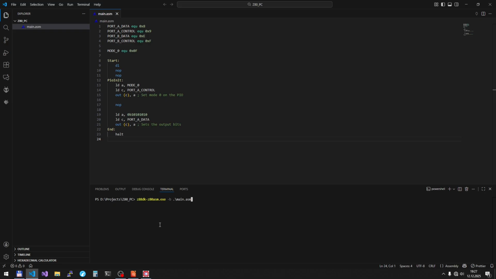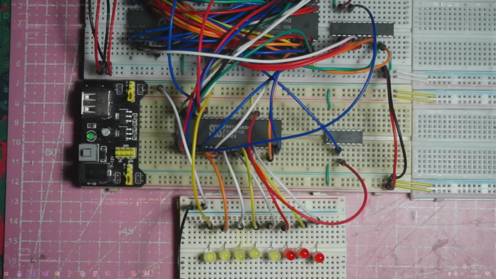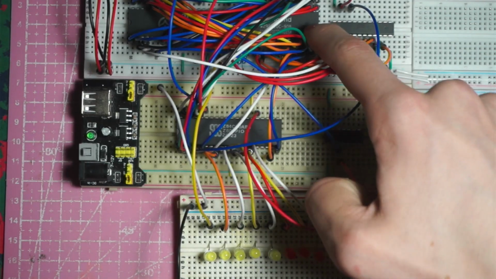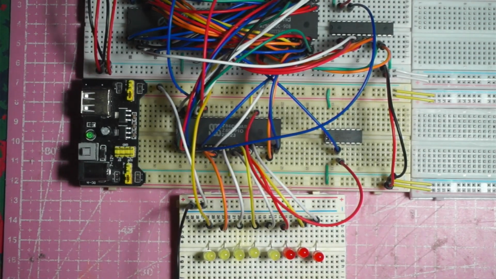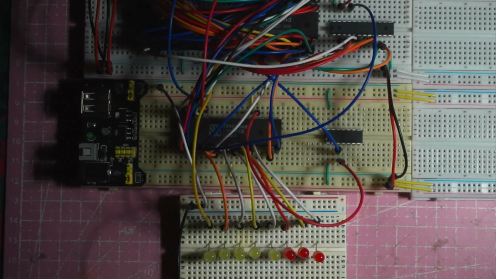I will then build it. Use this. Build it. Now we have the bin file, and I will flash it to the EEPROM, and we'll see if it works. So the code has been flashed to the EEPROM, and we can now try to power it on. I will get this light out and turn on my lab bench and plug it in